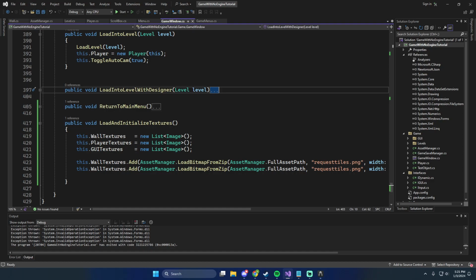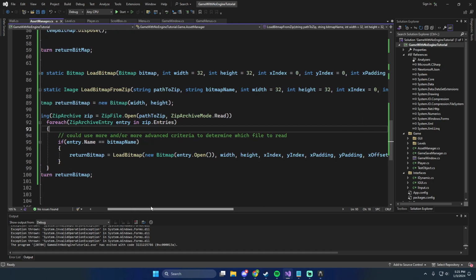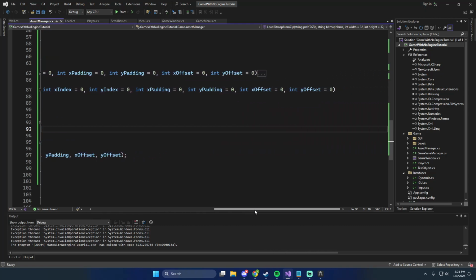So when we load the bitmap from zip, if we go to the asset manager, we have it open. We load it, we create a bitmap, we initialize a new thing, we open the zip file. For each file, we go in and we load it. I didn't like that, to be honest. It kind of bugged me. So what I want to do